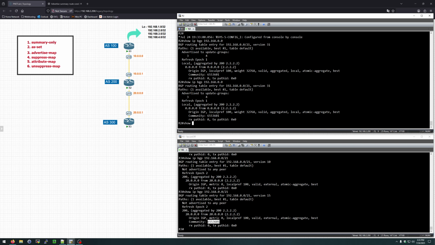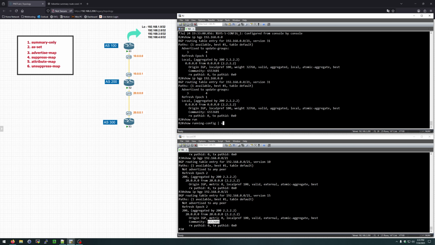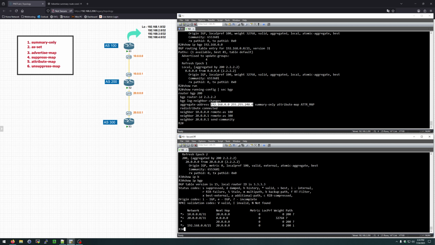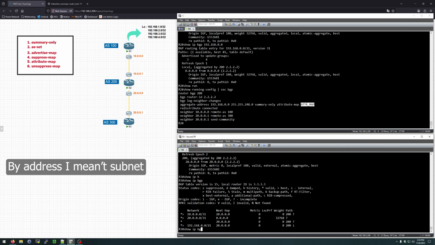Let me show you the show running config just as a recap. Section BGP. We said that we want to aggregate this address. Aggregate doesn't seem to mean anything here because we see individual routes still. If I, oh, okay, so yeah, maybe summary only worked. It's just that BGP is super slow. It takes time to reflect the changes. So we said we want to aggregate these addresses into just one bigger address /21, and we said we want to have the attribute map this. So if I do show IP BGP